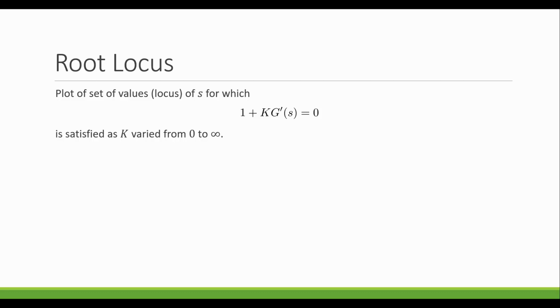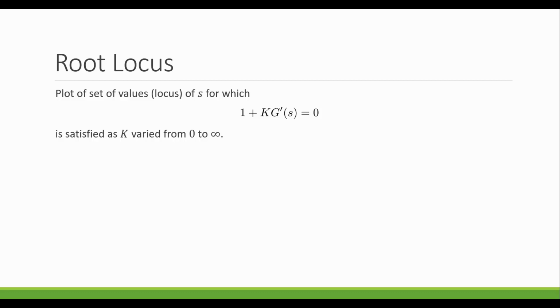And what we're going to do is solve for any value of k, what are the s's that make that true? So really what we're looking at is we pick a k and we find the poles for that particular k, and then we're going to plot them on our graph. We then modify the value of k, find the new poles. So what we're going to be doing, or really what MATLAB or some numerical system is going to do for us, is solve for a whole collection of poles